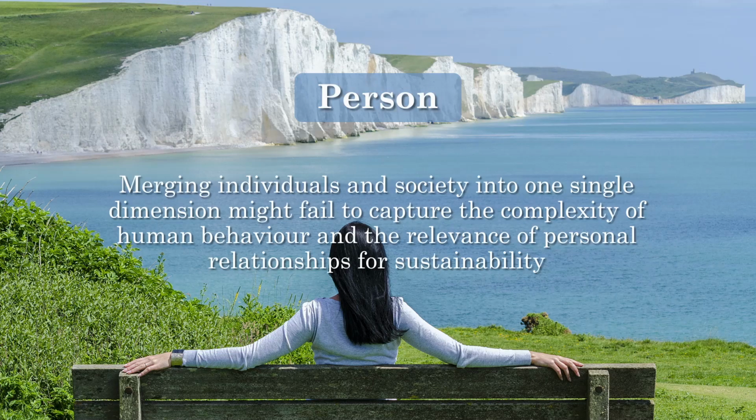Then the person, the individual, is also very important. So as a person or an individual as a dimension, we will see merging individual and society into one single dimension. What you have seen when we looked into the 3 basic dimensions is that we put all individuals in the society, and that will have some limitation, because capturing the complexity of human behavior and the relevance of personal relation for sustainability is very